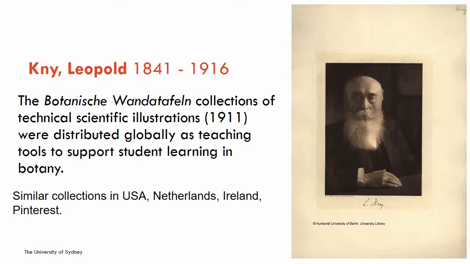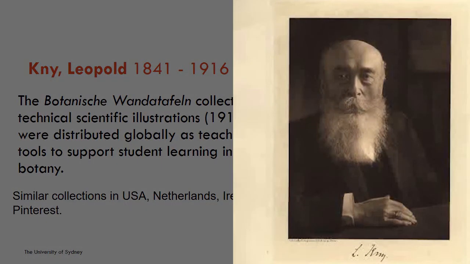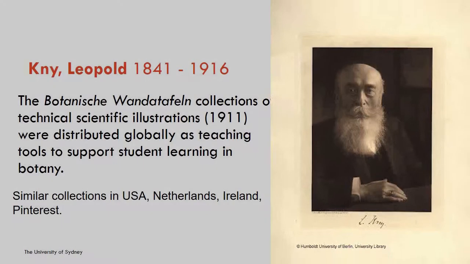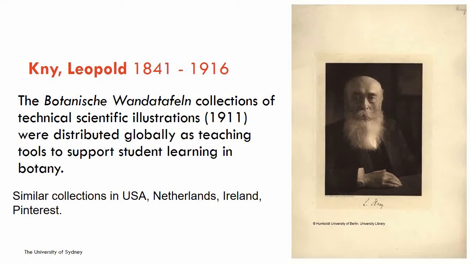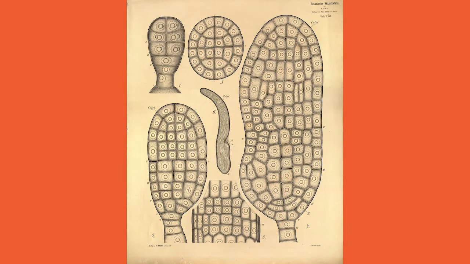So let's cut to the chase and talk about this bloke, Kny. I will probably default to using his name just as Nye and make the K silent, so I'm going to anglicise that, but just pretend you're hearing it as Kny. Leopold Kny, he was really Polish, but he did most of his studies in Germany, and he created these illustrations. A very patient man, I would say, but don't forget, in those days, time was abundant. Time now is super pressured. So this is Leopold Nye.